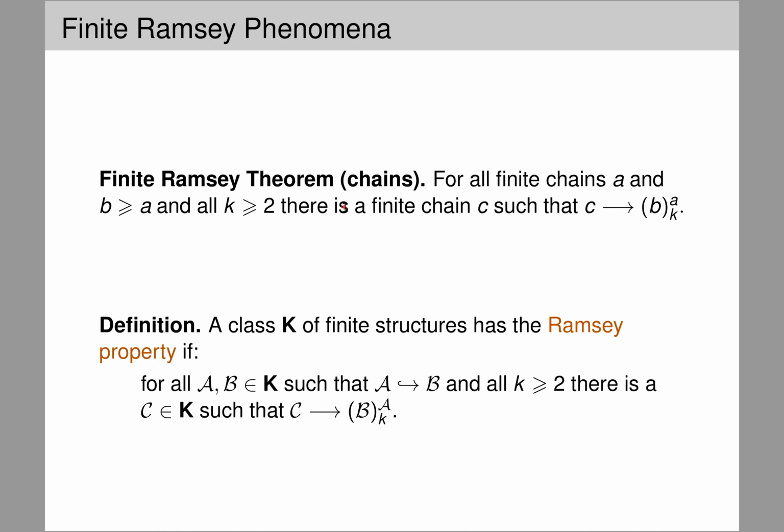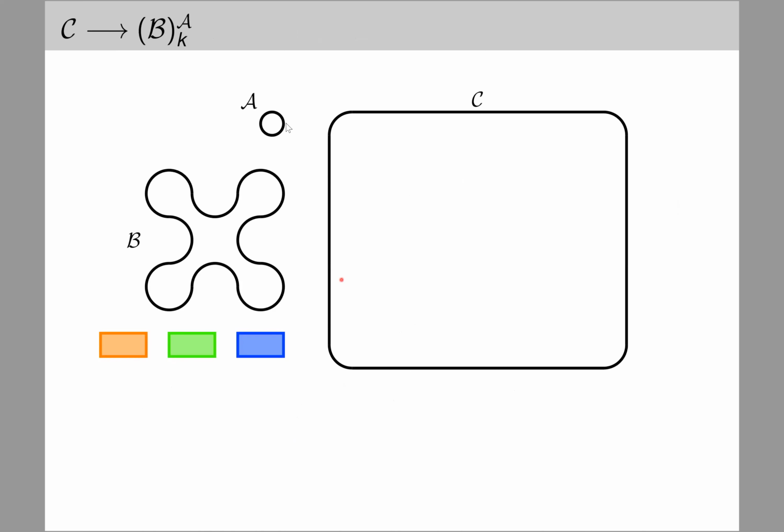when somehow they suggested that we can also speak about Ramsey properties for classes of structures, not only integers or finite sets, but also classes of finite structures. So the corresponding definition is this one. A class K of finite structures has the Ramsey property if the following holds. For all A and B in K, these are finite structures now, such that A embeds into B, and any number of colors, lowercase k, there is a structure C such that C is Ramsey for B, A, and K. Now, this notation has the following meaning. Now, we say that C is Ramsey for B, A, and K